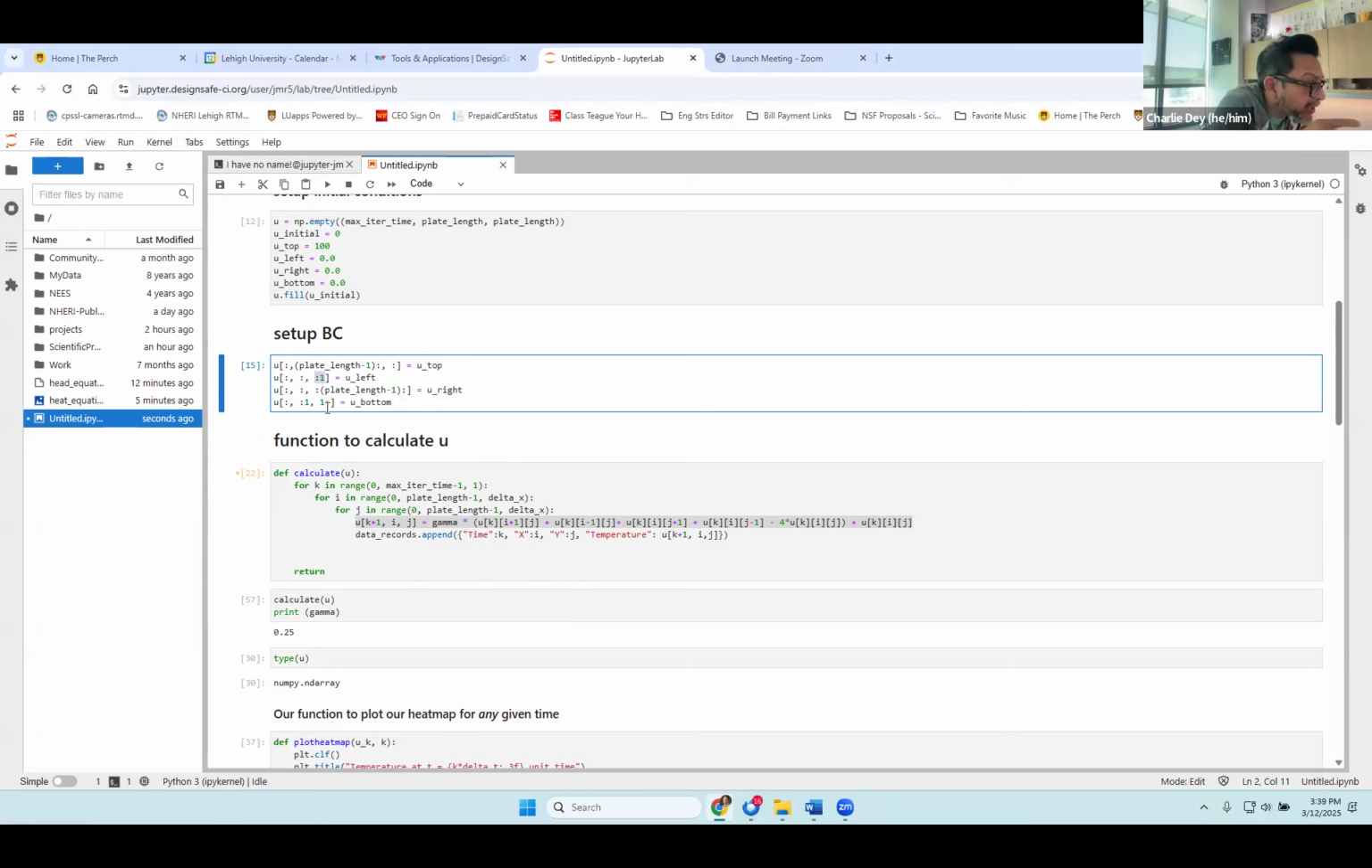What is going on with this plate length code though? Something here. It's max iter times 0 for i in range 0 to plate length minus 1 delta x, 0 to plate length minus 1 delta x as well. All right. U[k+1], j plus 1. Okay, J. One says plate and the other must say play. Plate and